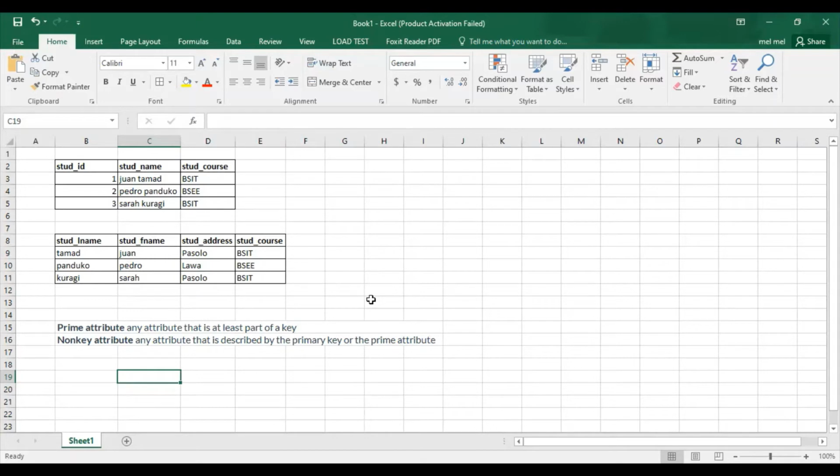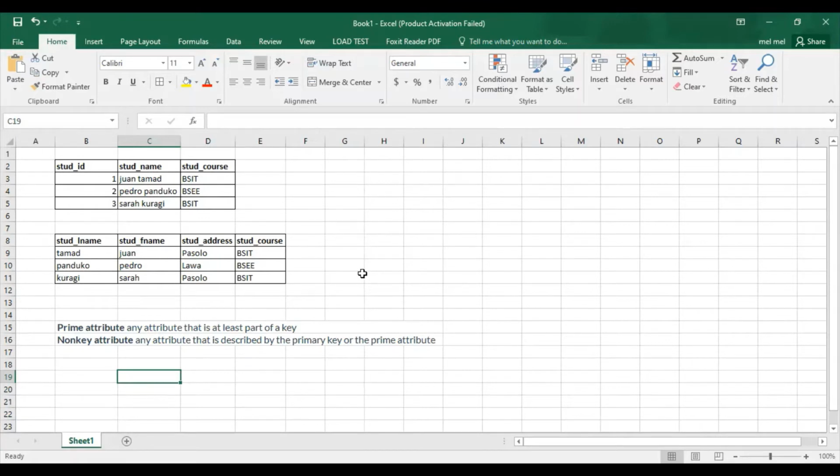Basically, according to the definition, prime attributes are any attributes that are at least part of a key. When we say prime attribute, we are also referring to the primary key, which is a column or a group of columns